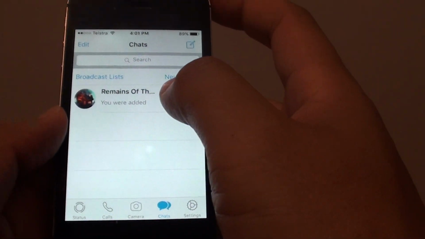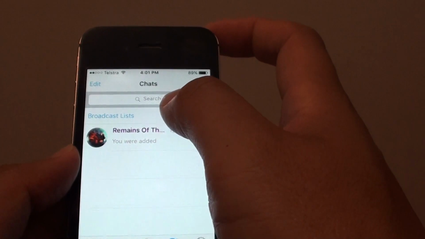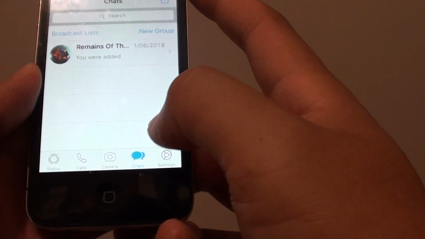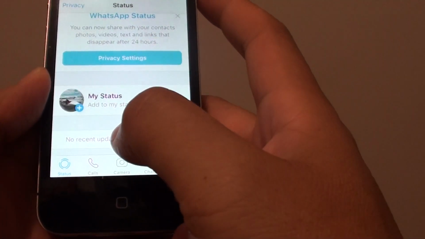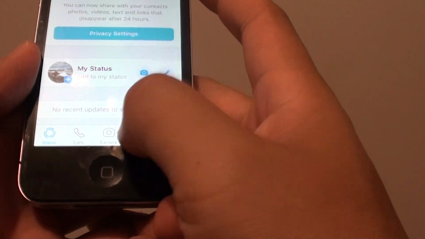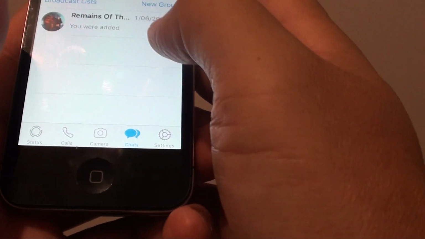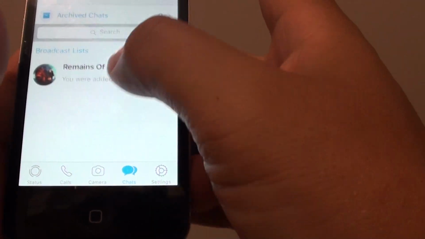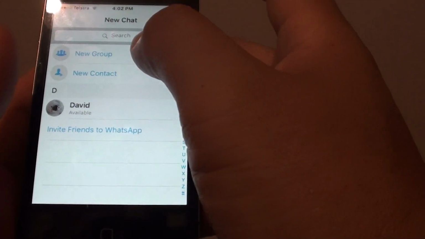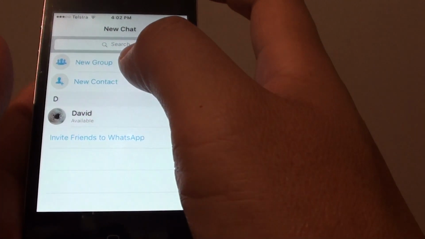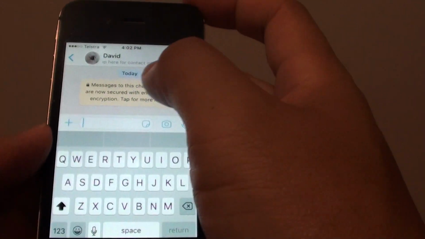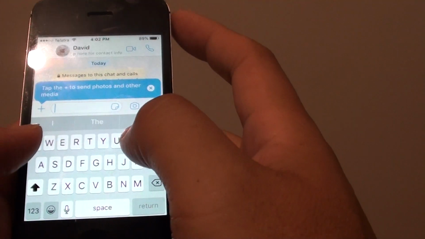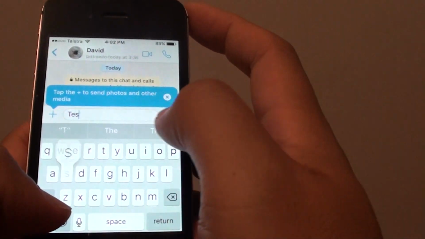So once you tap on the done button, it will go into the chats list down here, chats, call status, so you can do a few things such as status, chats. So what I'll do is I'm just going to try to add in a new chat. So I create a new chat and I'll tap on this one here because I have created a contact before with this account already. So I'll put in test